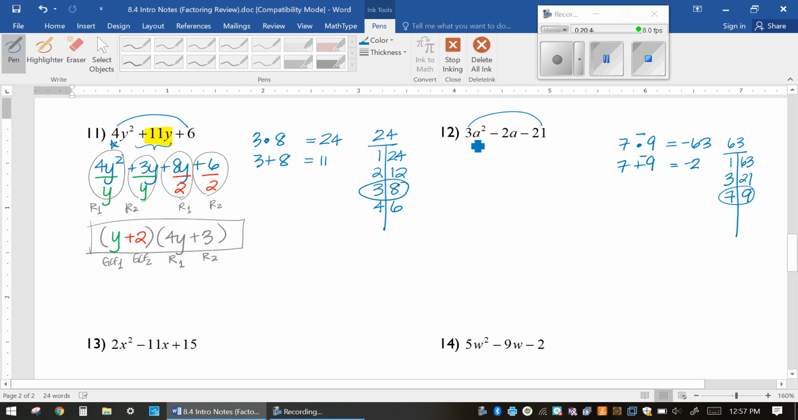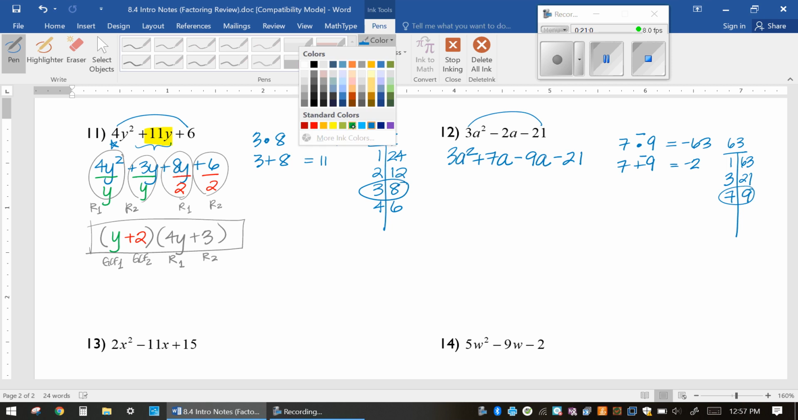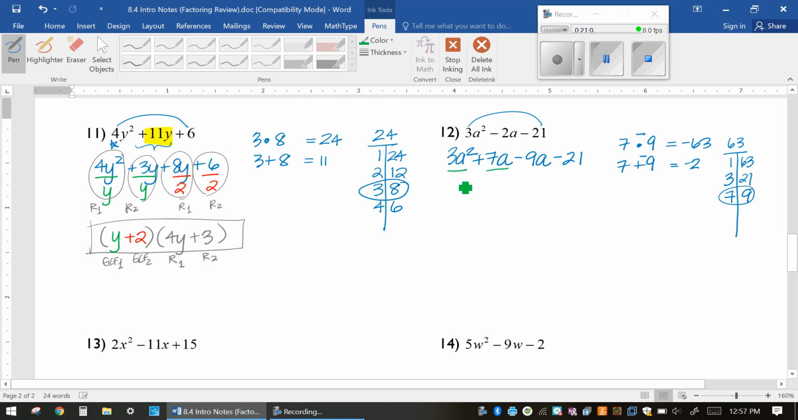Because the leading coefficient is not a 1, I need to split the middle term into the two numbers that I said add to -2. So I'm going to use a +7 and a -9. Remember, you have to put the variable on them so that they add to give you -2, which was in the original problem. Now I'm going to take the GCF of the first two terms, which is just 1a, and